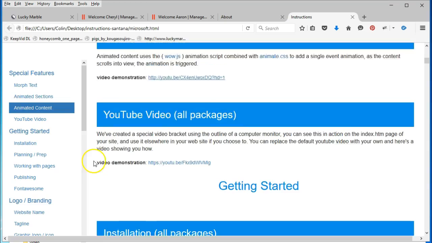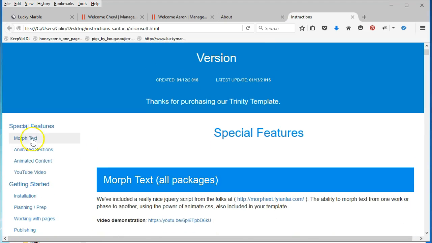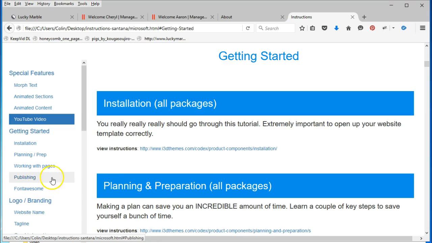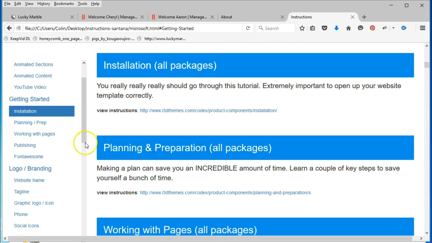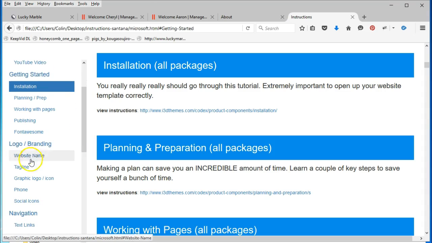But what I'm going to start with is we have some special feature instructions listed at the top. You don't need to go through those first. I'm going to suggest you just click on the Getting Started. Okay, installation. That's something we just went through, but it's also a good bit of information online. But if you start with the Getting Started section and run through that, and then go through each top to bottom, that'll give you a good idea of how to update the different pieces within